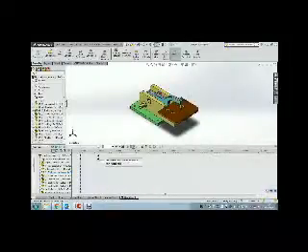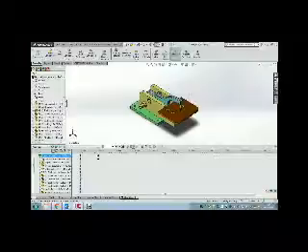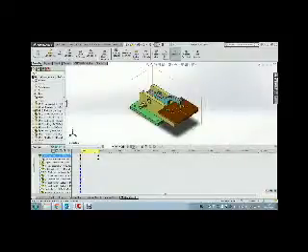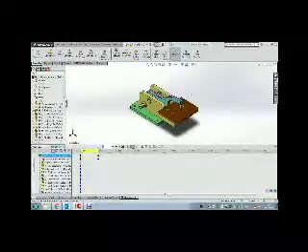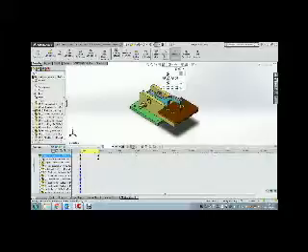What that key will do is keep the object where it is for 2 seconds. Then I'm going to drag out the time arrow to 4 seconds, and between 2 and 4 seconds I want to change the actual view. By dragging that out and selecting, I'm going to say, my front view here,